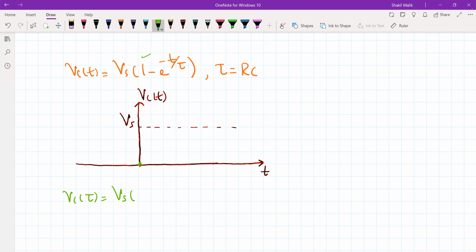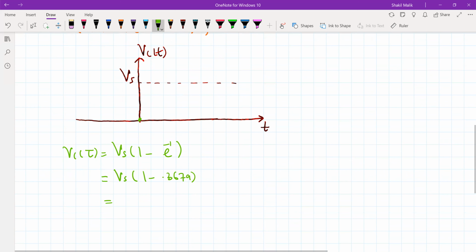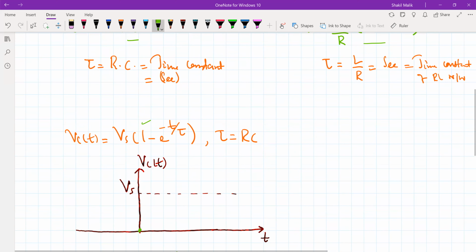It will be Vs (1 minus e to the power of minus 1), because it is tau divided by tau. What is e to the power of minus 1? 0.3679, so this is equal to 0.6321 times Vs. So when t is equal to tau, the time constant,